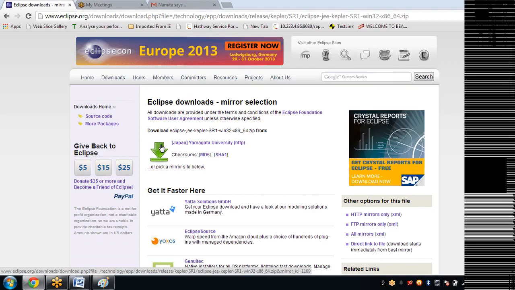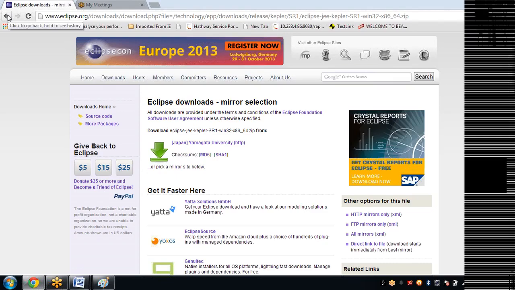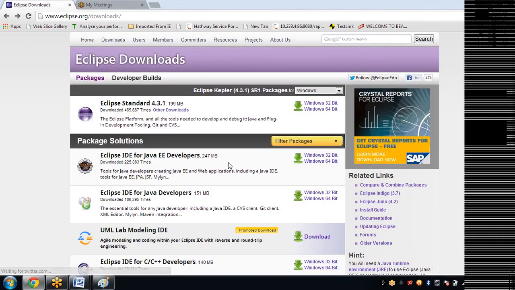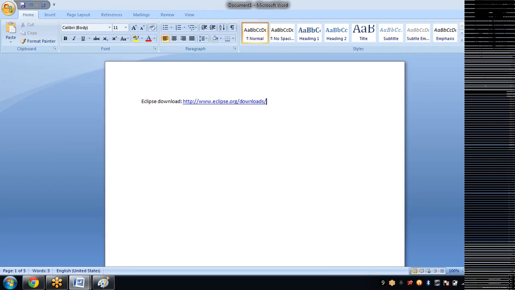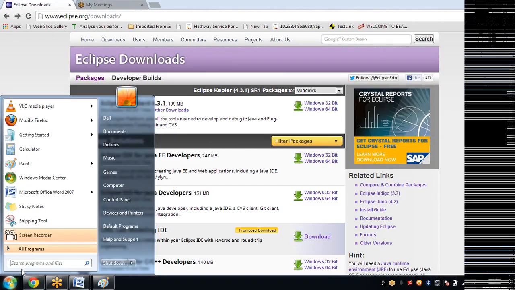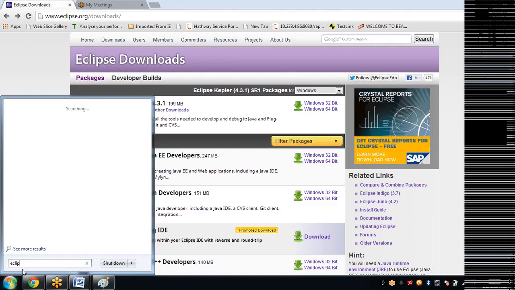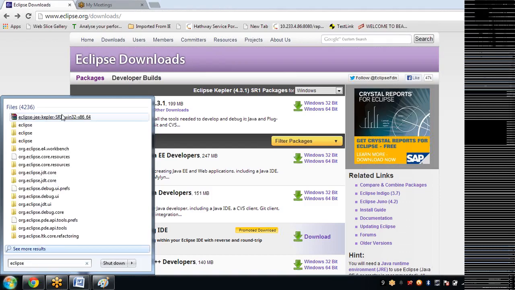It will be like 247 MB. It will take some 15 minutes or something, depending upon your net speed. Good. So once you download this from here, you will get it in zip format. You extract that into a normal folder.